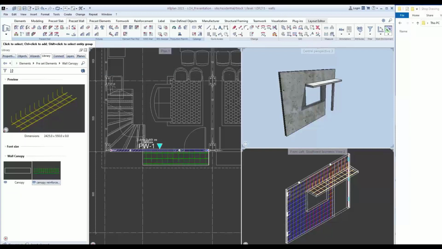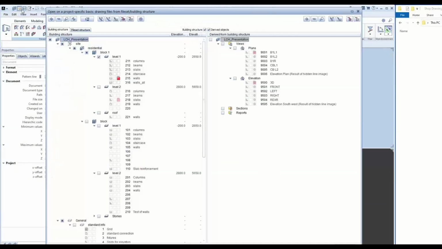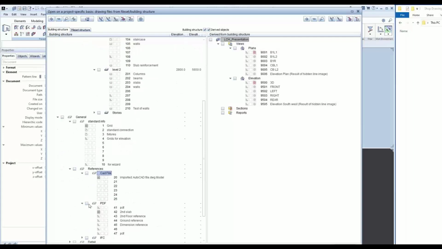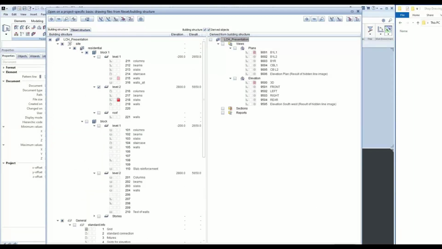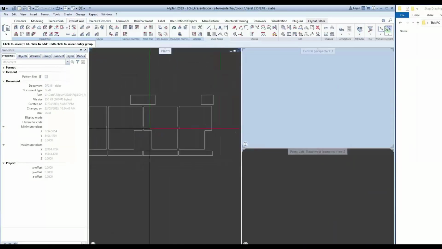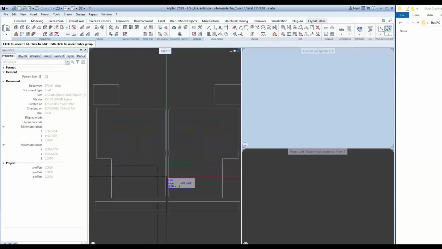So the next one is for the slab precast module. As you can see, we created first the architectural and then we've converted. Now for iSlab, we just select the file and the reference that we're going to use. And then from here, using the iSlab is actually just selecting the icon from the precast slab,